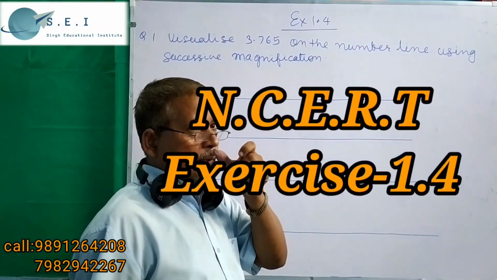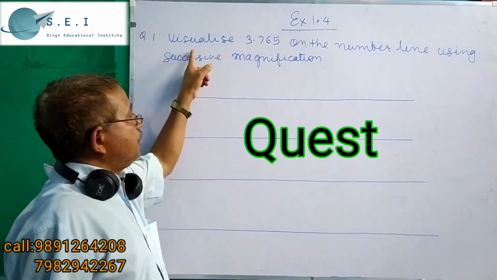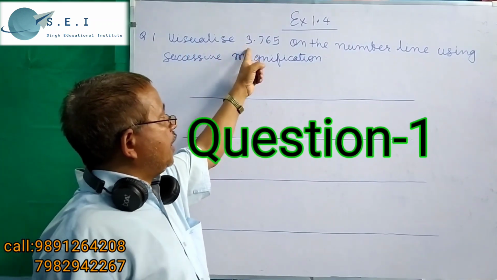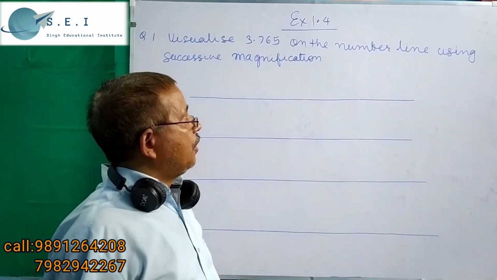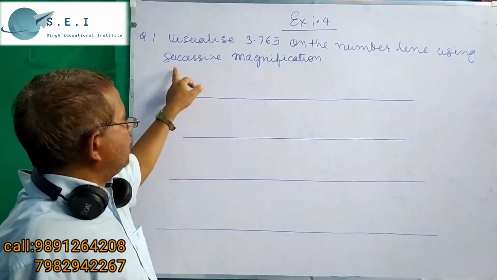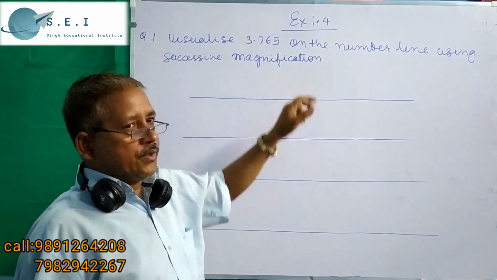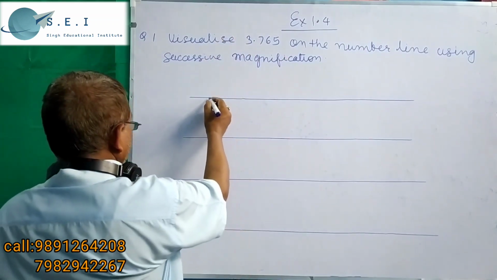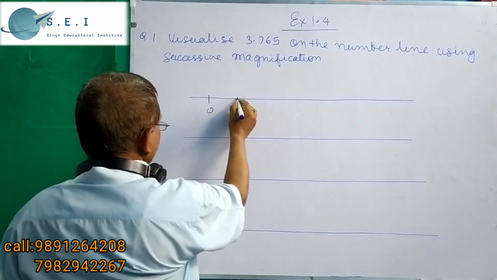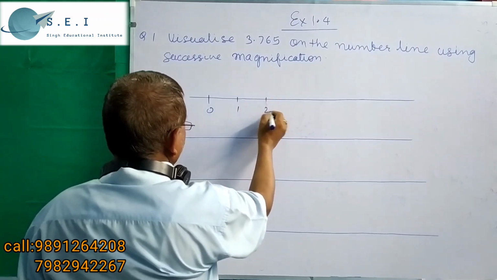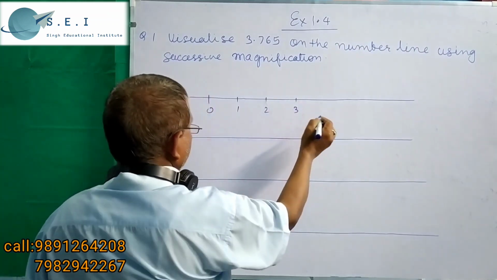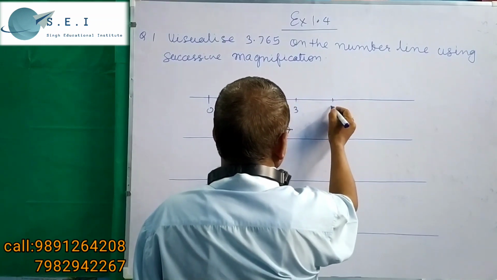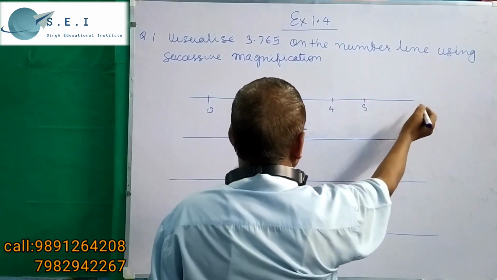Exercise 1.4, the question is: visualize 3.765 on the number line using successive magnification. So write a number line like there is 0, 1, 2, 3, 4,